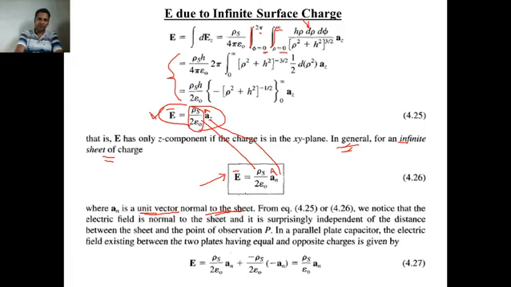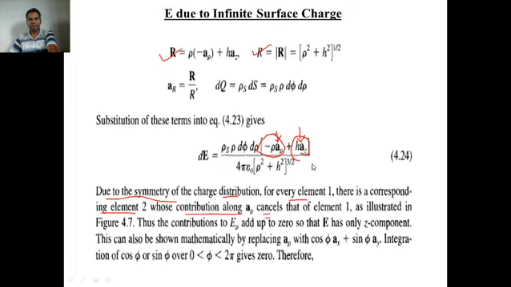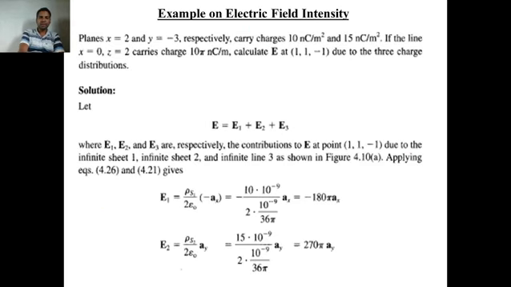So what is the formula of E bar due to an infinite line charge? E bar due to an infinite line charge is rho l upon 2 pi epsilon 0 r ar cap. And what is E bar due to an infinite surface charge? E bar equals rho s upon 2 epsilon 0 an cap. So remember, in the examination, out of these two derivations, one derivation is generally asked, either the first or the second. So you have to prepare both derivations very seriously and do writing practice on them. In the next lecture, we will try to solve problems on this.